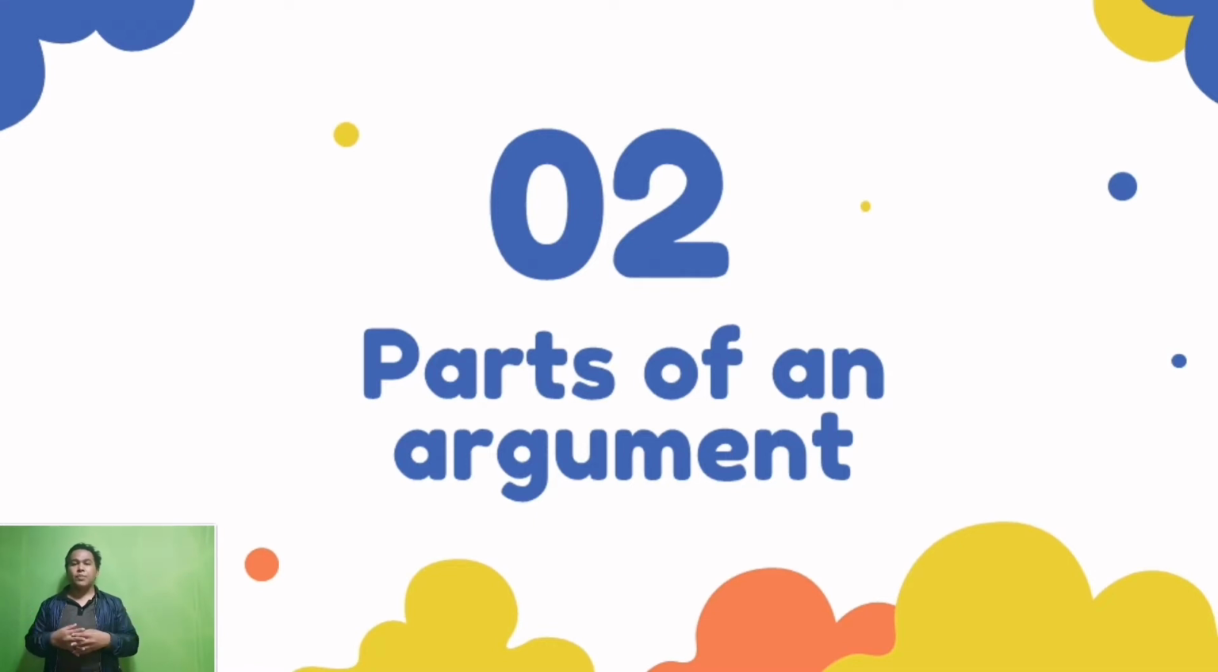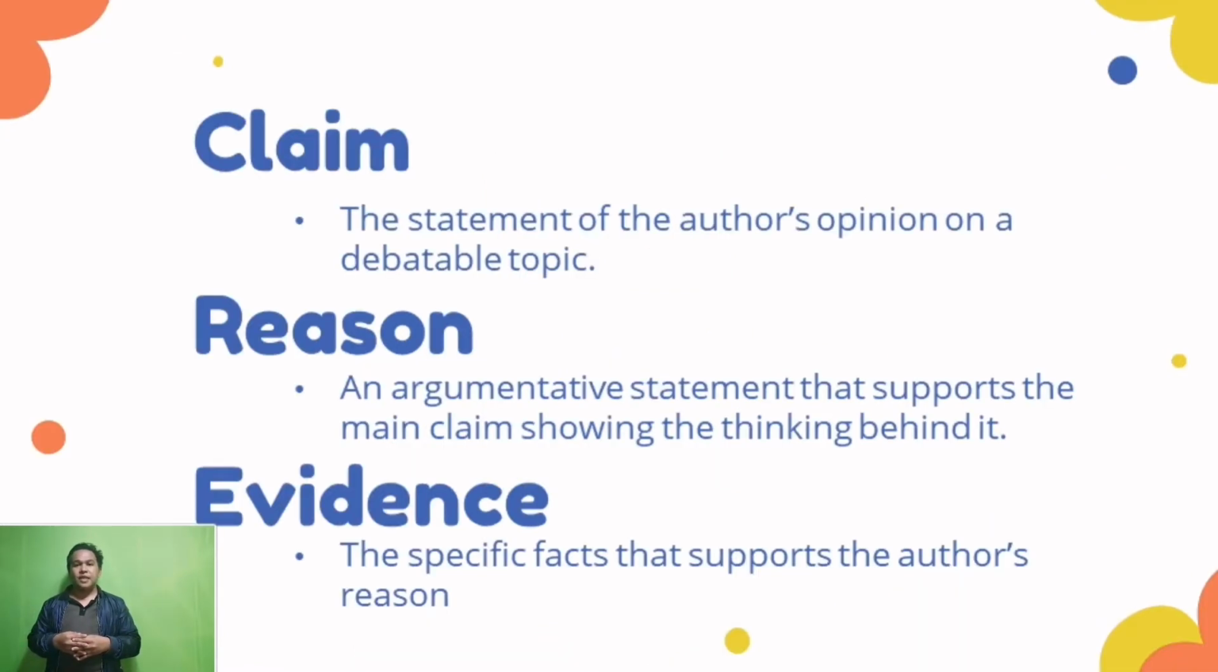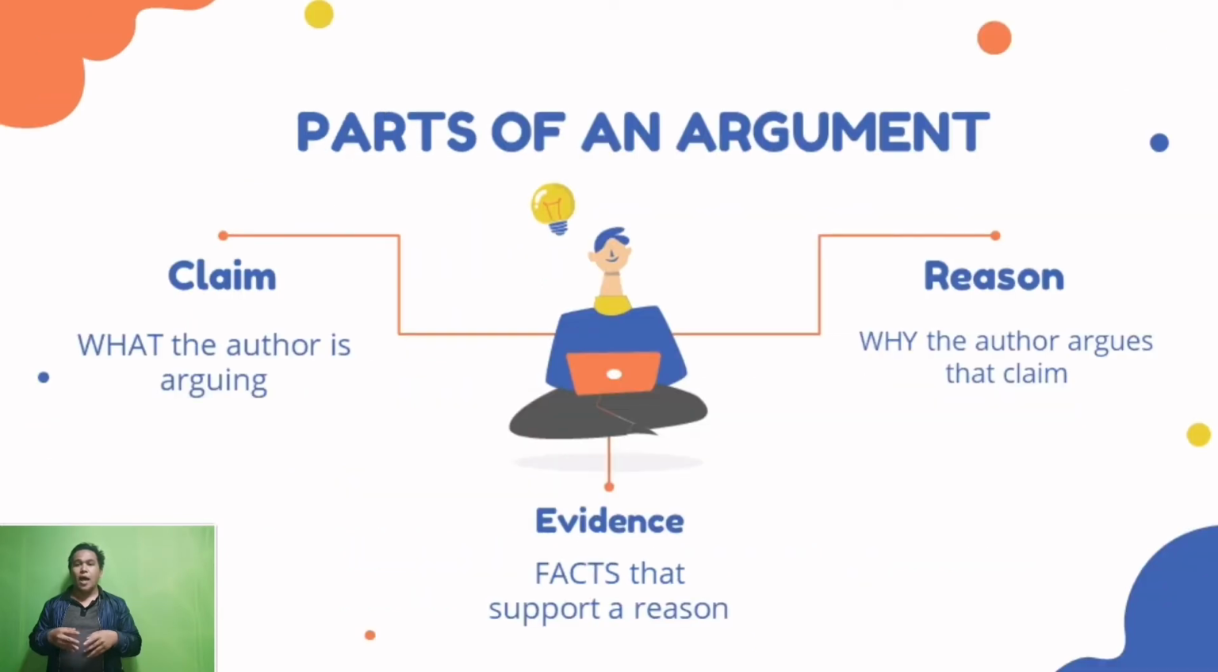To further discuss the guide question, now let us proceed to the parts of the argument. So, the 3 parts of the argument are claim, reason, and evidence. Claim is defined as the statement of the author's opinion on a debatable topic. For the second one, the reason is defined as the argumentative statement that supports the main claim, showing the thinking behind it. Lastly, the most important one, which is the evidence, is defined as the specific facts that support the author's